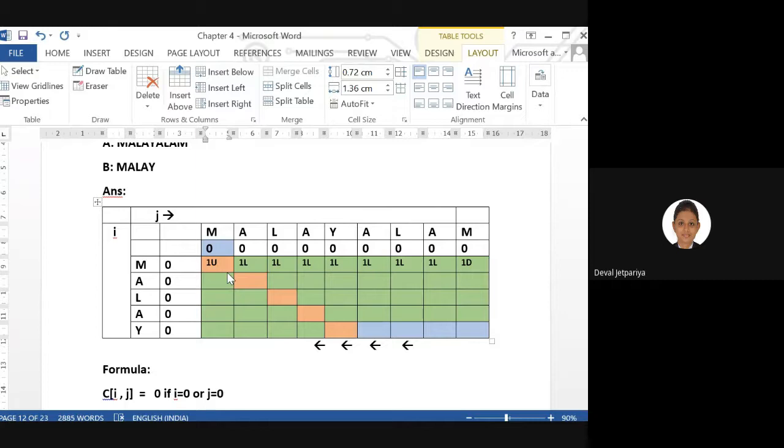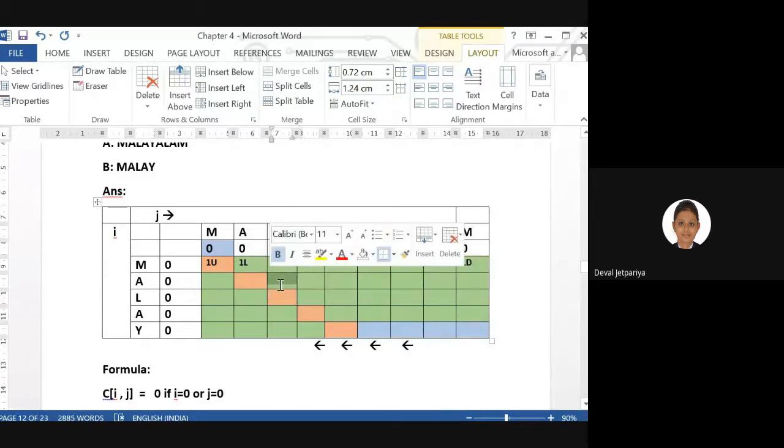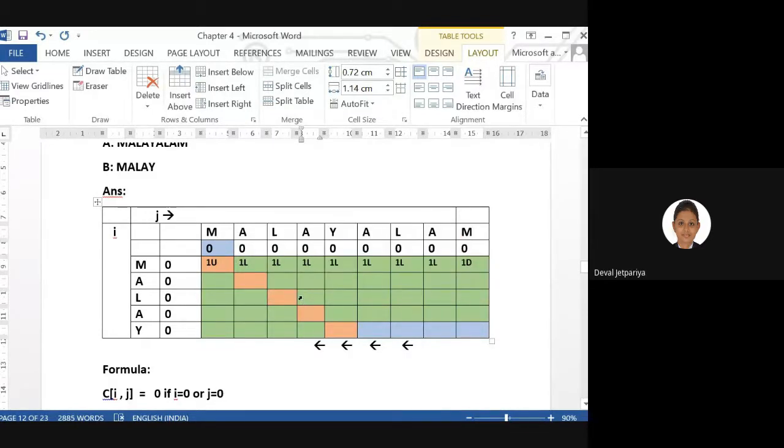No, you cannot take the right side diagonal. You can see there is no value at the right side for any of the boxes. Because we are filling this row, definitely its previous row must be there, but not the following rows. So there is no point in using the right side diagonal.